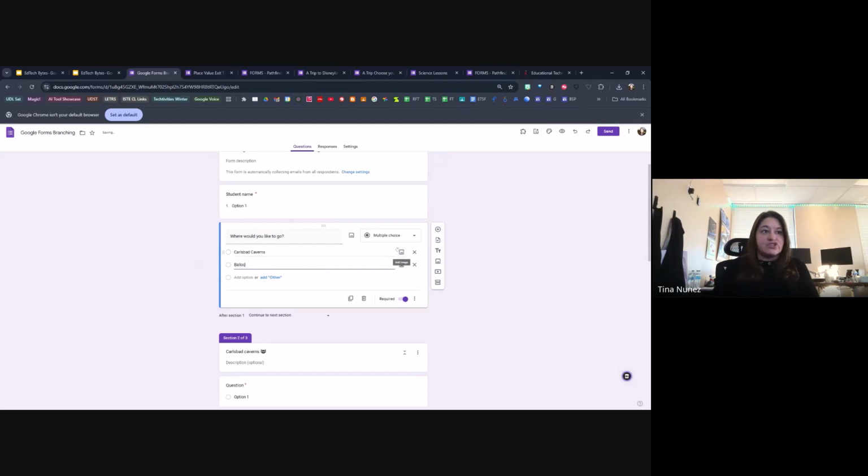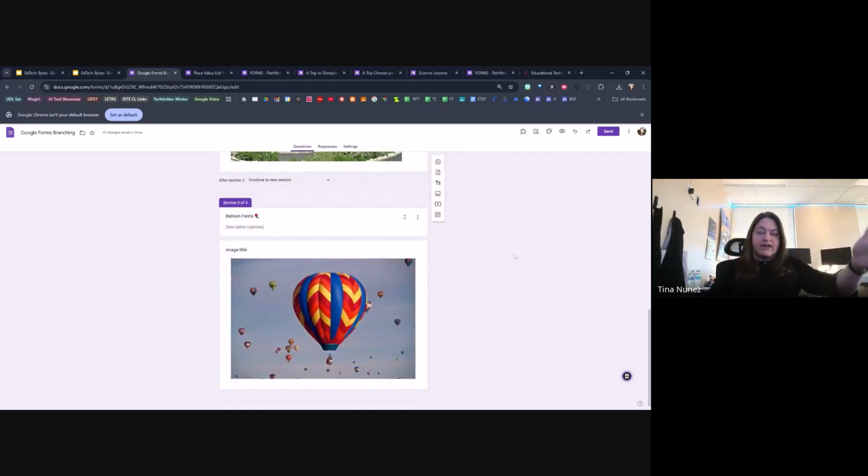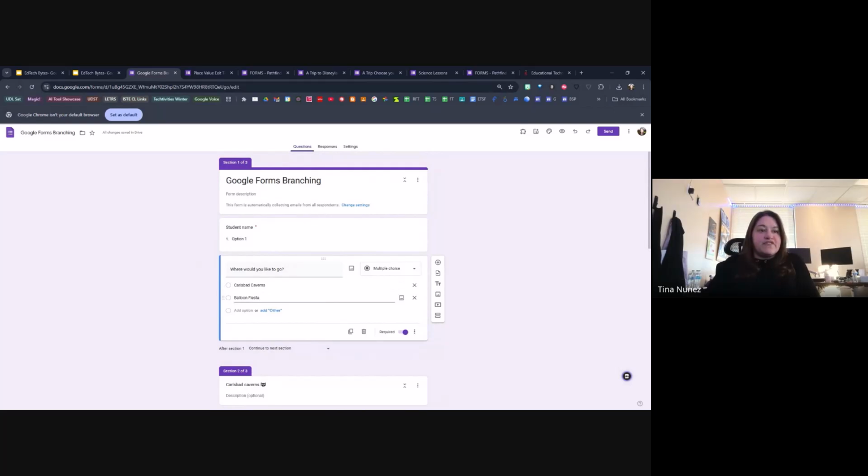What's fun is you can build out so many different sections. If you're going to make a beast of a path that you want them to go on, I would probably map it out on paper first, kind of make it like tree branchy sections versus trying to remember and keep track of scrolling down and down and down. Here I have Carlsbad Caverns, Balloon Fiesta, and then all you have to do, make sure it's a required question,